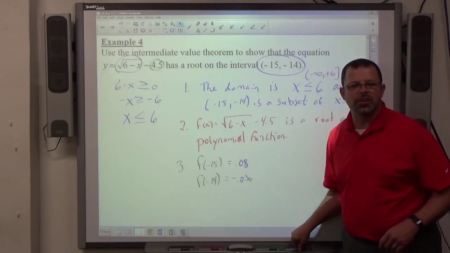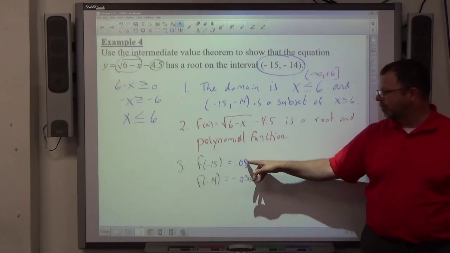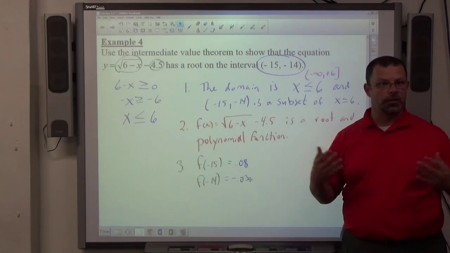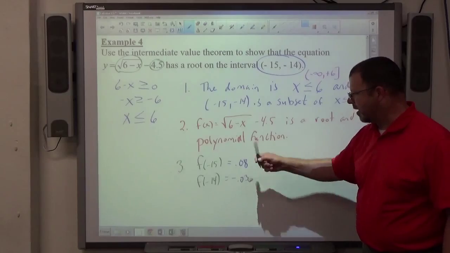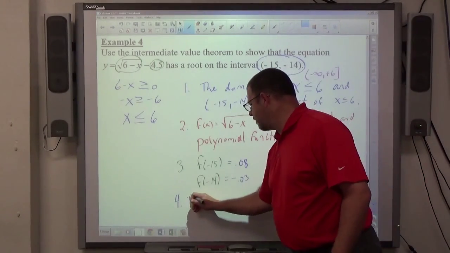As far as rounding is concerned, go a couple decimal places. The whole idea is I don't care so much about the numbers as I care about the signs on the numbers. This one's positive, this one's negative. All right, that's the requirement. In order for the intermediate value theorem to work, we have to have one positive, one negative. We have that. So step 4, every time step 4 is the same, by IVT,